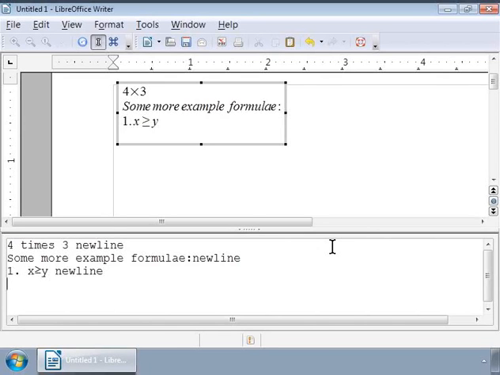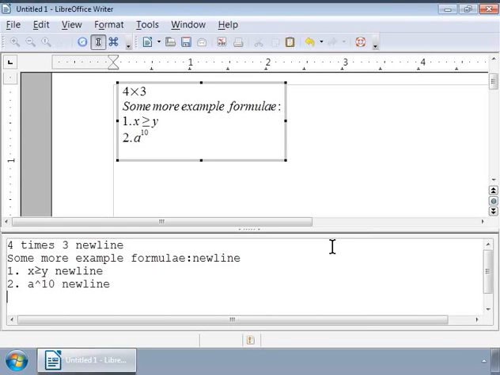Next, let us write a to the power of 2. And the markup is 2 a ^ 10 newline and press Enter. Notice the mathematical symbol in the Writer gray box.